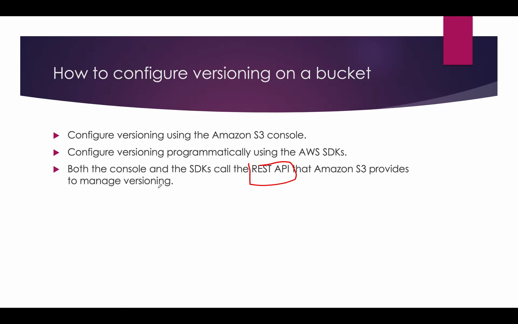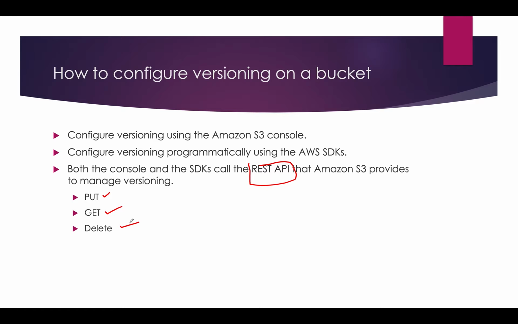To do that action, before communicating with S3, you should communicate with IAM. You already know what identity and access management is. They will give you an access key and a secret key. By using those credentials, you can log in, I mean, you can upload data to the S3 bucket. Uploading is a put, and retrieving is a get. If you want to delete permanently, you can delete. So these operations you can perform with versioning.